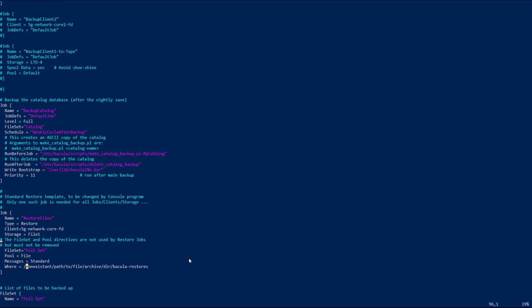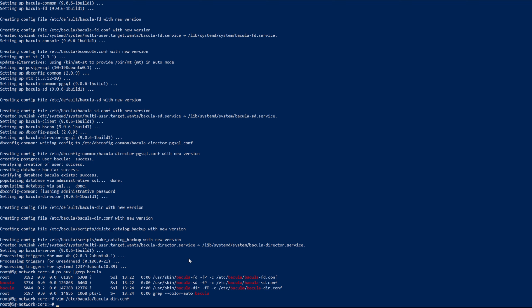So here we need to set up the actual restore location. We'll set these directories further on, so don't forget to do that. You can do it before you start configuring these files. So I'll set it up, my backup restore, right? I'll save that and I'll quit for the time being. So what's gonna happen is that